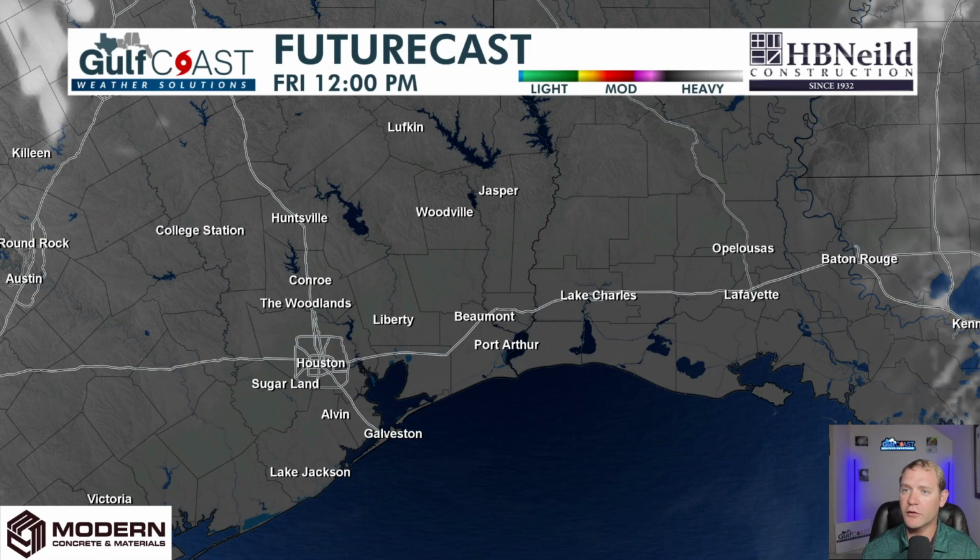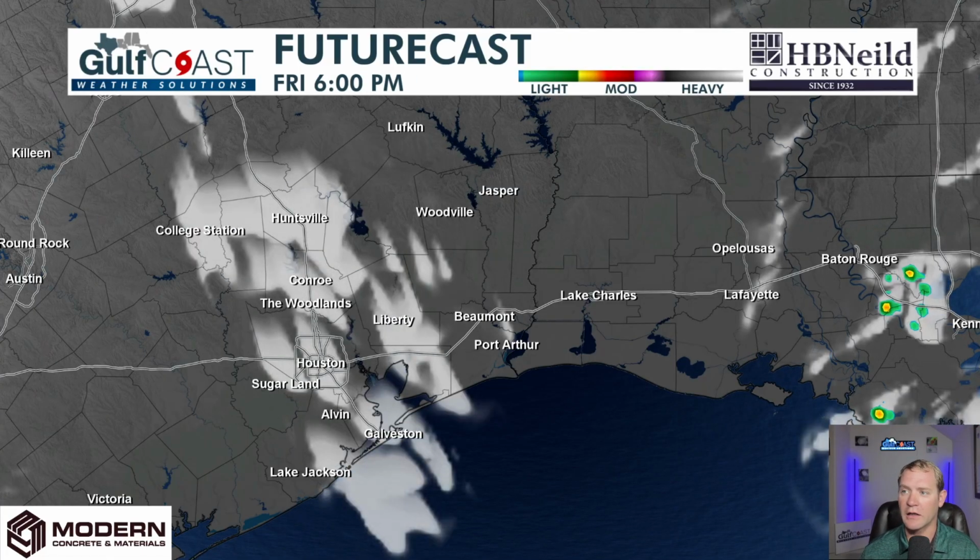On Friday afternoon, we're starting to see this model showing a lot of clouds coming in, but I think that's more so just high clouds. With so much dry air that we have, it's going to be really hard to have a lot of cloud cover the next couple of days. Overall, temperatures are going to be into the upper 80s, with some areas like Conroe, Huntsville, and Spring getting into